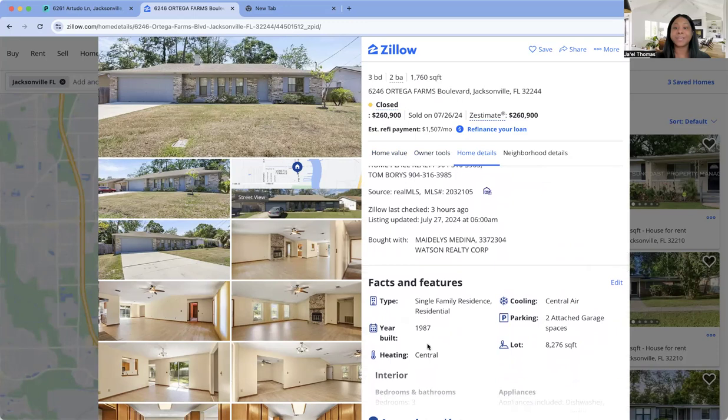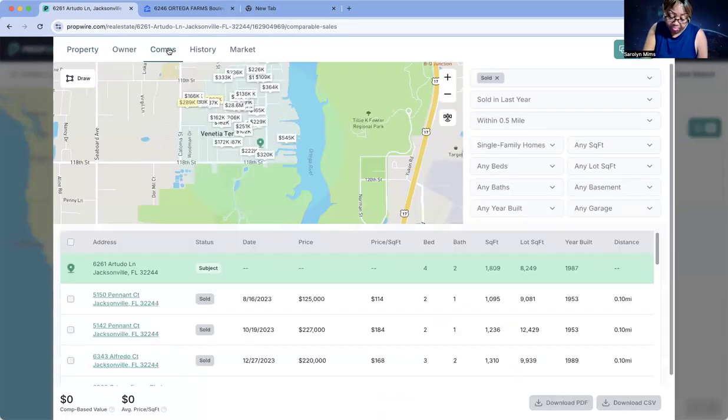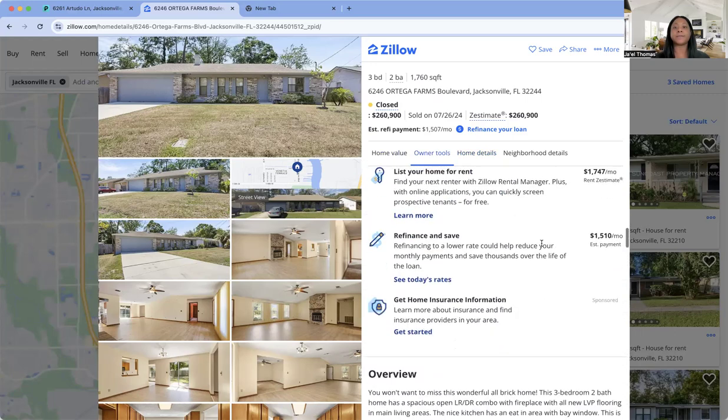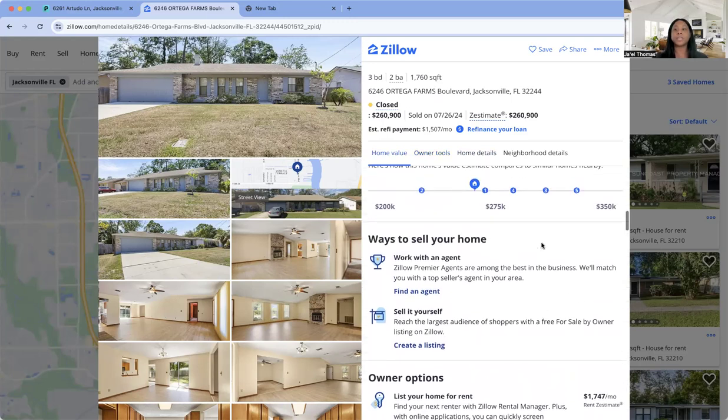It's the same year built and the lot size is within range. Just had to make sure. That's our guy. It's almost the same. This is apples to apples. Looks very similar to ours. Okay, now that we have the ARV, 275,900, we need to